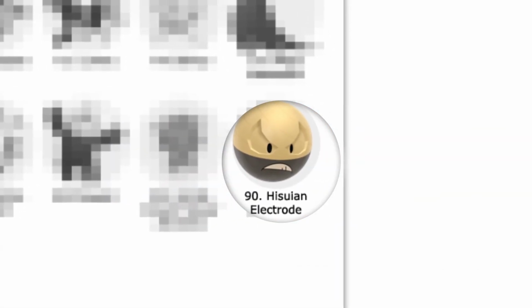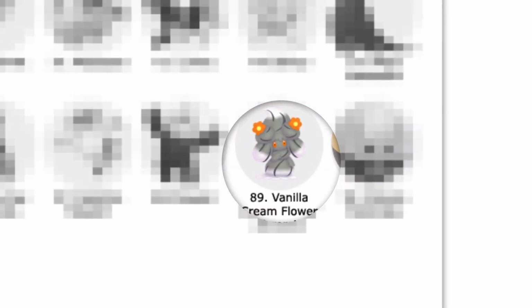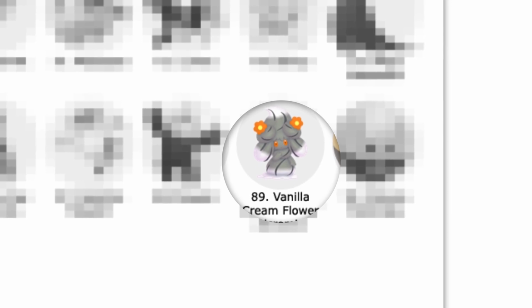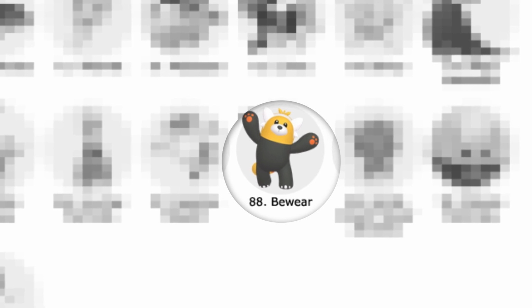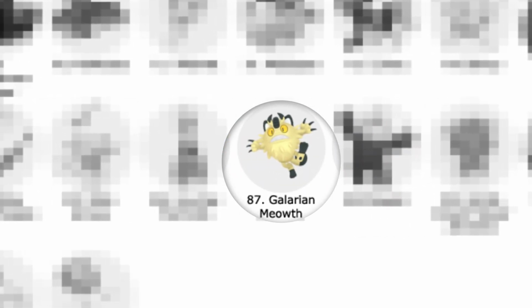Number 90, Hisuian Electrode. The wood texture coupled with the black bottom is just kind of really cool, so he makes the list. Number 89 is Vanilla Cream Flower Alcremie, in this one specifically. 88, Bewear. While his original color palette is honestly cooler in my opinion, this one is really cool as well. Number 87, Galarian Meowth. Number 86,